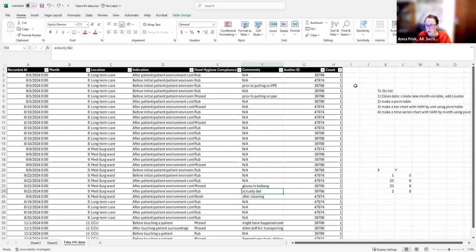Let's see. I see a question. If I was going to do this in a different program, where would I move to? That's a great question. I used to be mostly a SAS user, and I've been switching to R recently because another field that I do a lot of work in is very much an R community, and so I get more help and borrow more people's code in R. So that's what I'm likely to do.